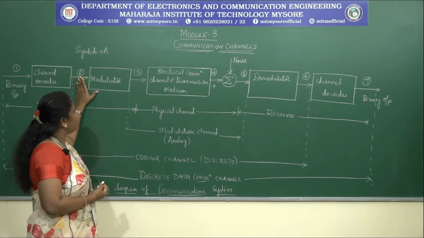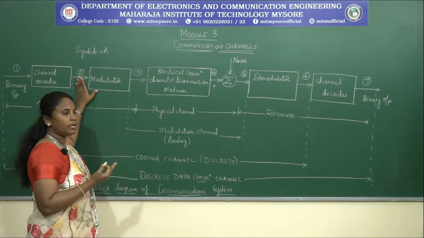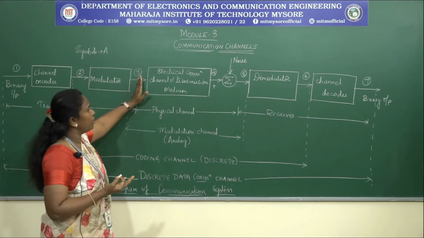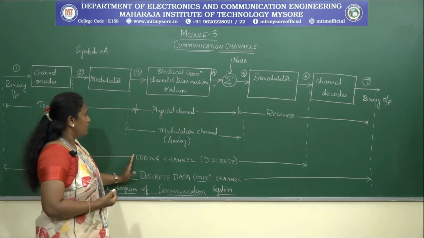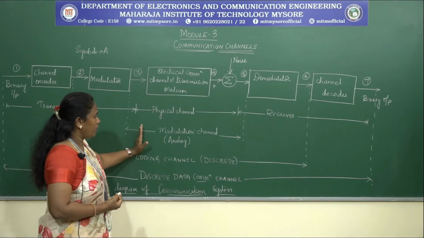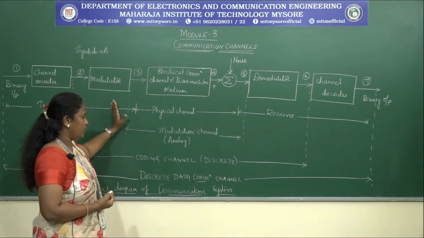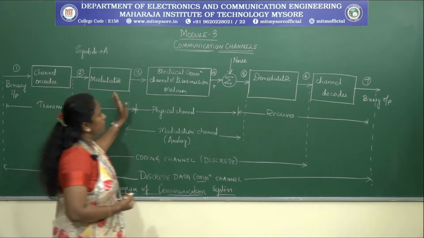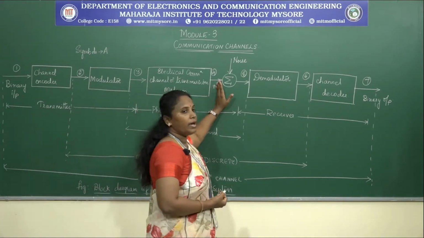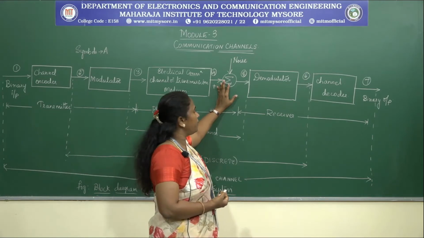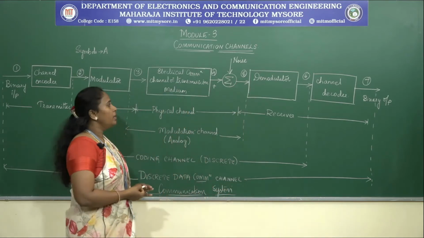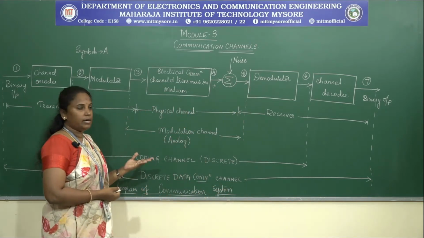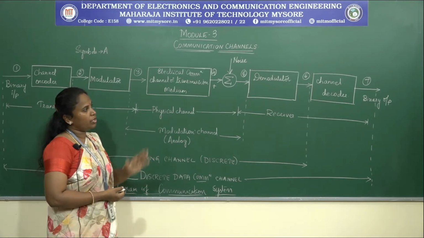Then we have the modulator, where it is going to modulate your data and give it to your channel, where your channel is a modulation channel. What we have used is an analog channel here. And with respect to the channel, we have some noise which is being introduced. Then we have the demodulator, where it is going to demodulate the data and then give it to your channel